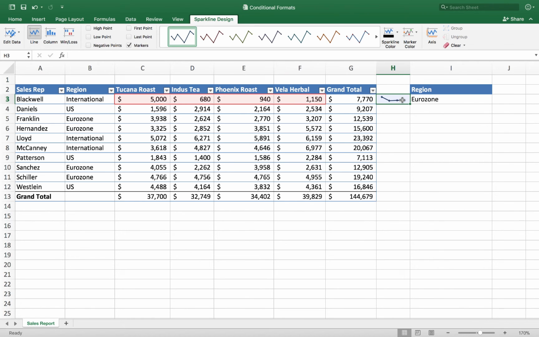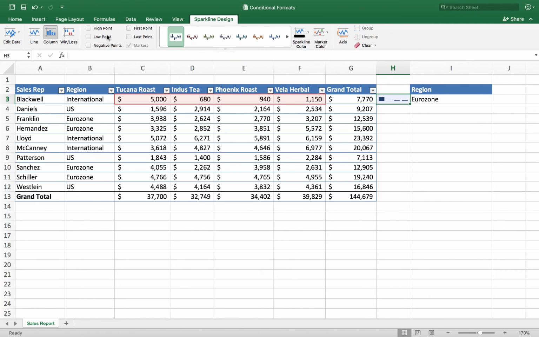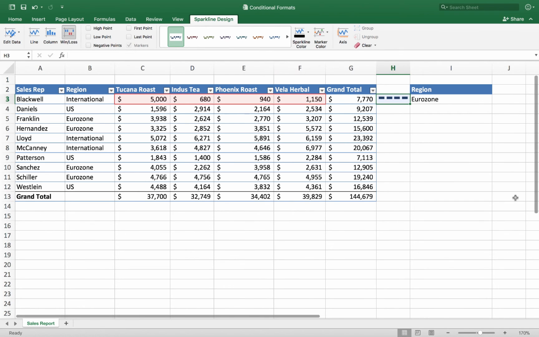There are three different kinds of sparklines, and in most cases I find the line sparkline looks the best, but check it out. You can change the different kinds here. Instead of a line sparkline, I'm going to click on the column option, and that creates a little column chart over there. The win-loss only makes sense when you've got some negative and some positive numbers, like for a stock market chart or something like that. If I click on that here, because these are all positive numbers, it doesn't really tell me anything. It's only if you've got some negatives and some positives that you want to use win or loss. But I'll go back to the line option here.